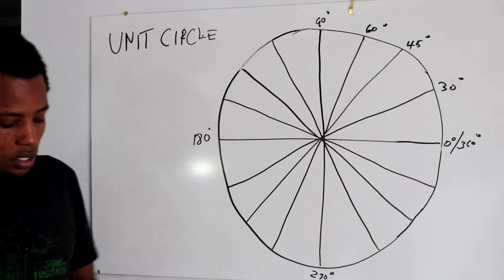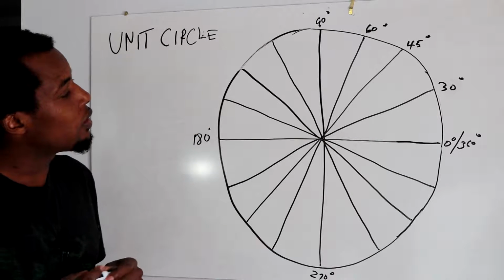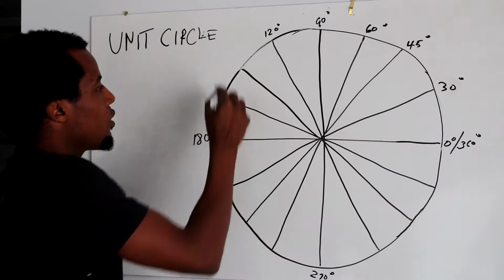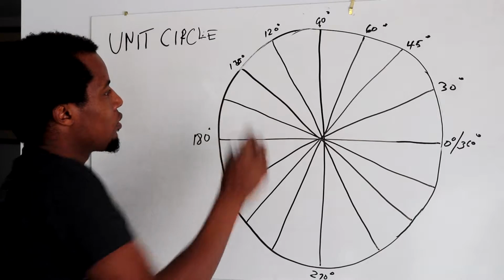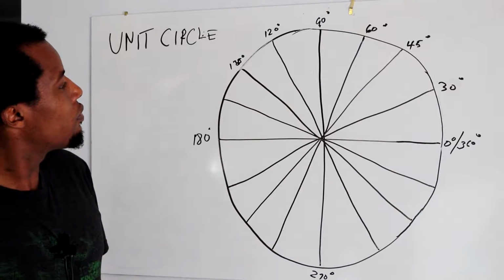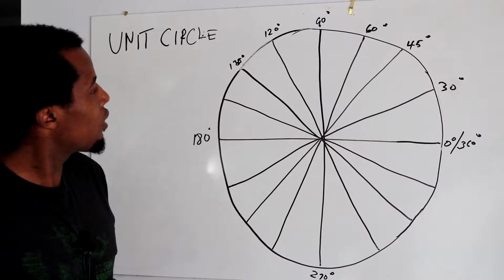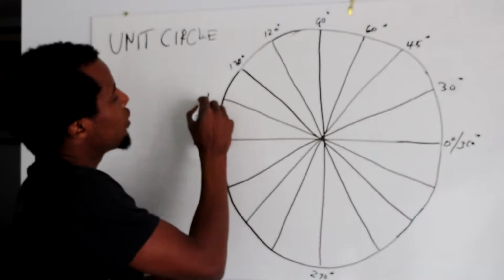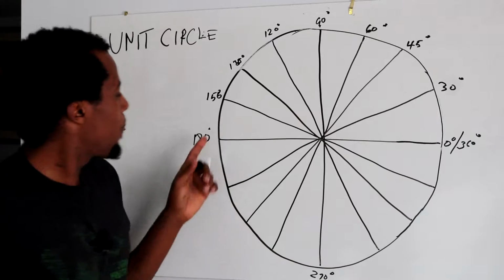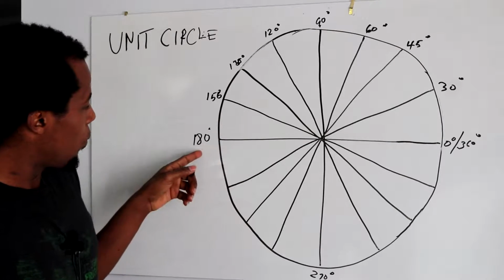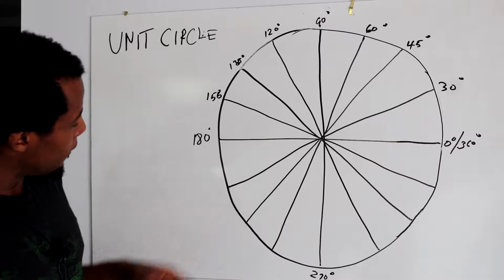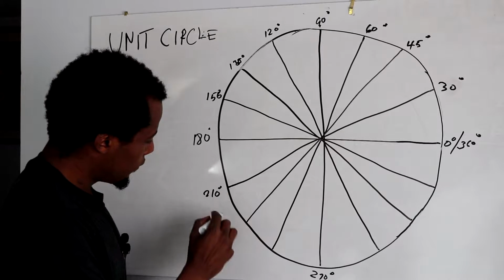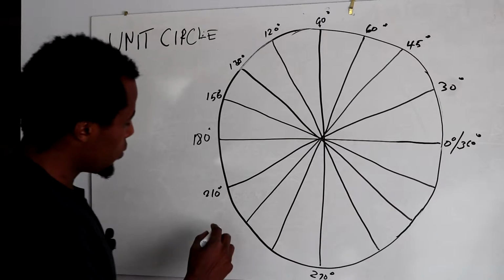So 90 plus 30 degrees, that's 120 degrees here, plus 15 degrees is 135, plus 15 is 150 degrees here. 150 plus 30 is 180. 180 plus 30 degrees is 210 degrees, plus 15 degrees is 225,